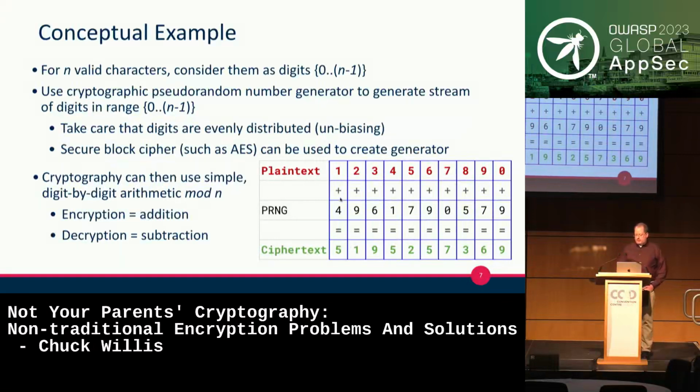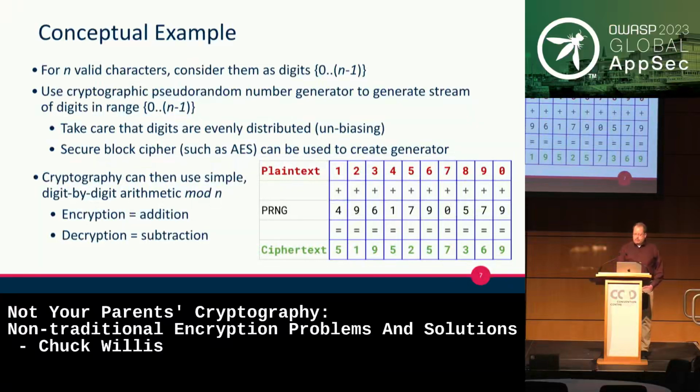Because addition and subtraction are basically opposites, you're still going to have the same pseudo-random stream when you try to do the decryption, and you just have to work up. So 5 minus 4 equals 1. 1 minus 9 gives you negative, so we would say 11 minus 9, and that gives us 2. 5 minus 1 is 4, and that's how you can regenerate the stream. So this is a way that you could conceivably do something like format preserving encryption.